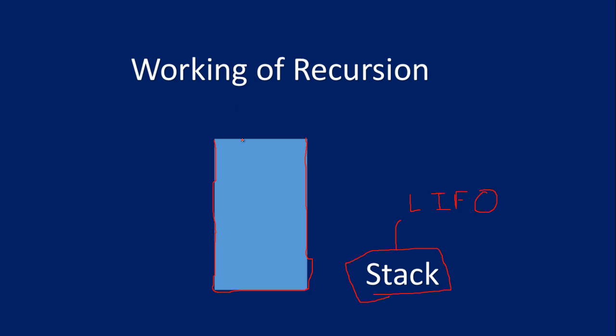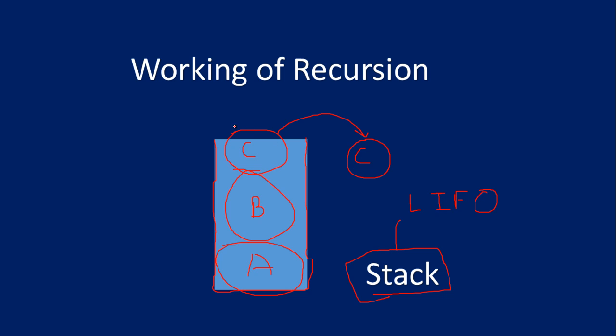Suppose if we insert a ball in it, then this ball will move to the bottom position. Let's name this ball A. And suppose after that we insert another ball, named B. Obviously this ball B will be above the ball A. After that, suppose we insert another ball, let it be C, placed at the top of ball B. Now if you want to remove a ball, the ball C will be removed from the container first.